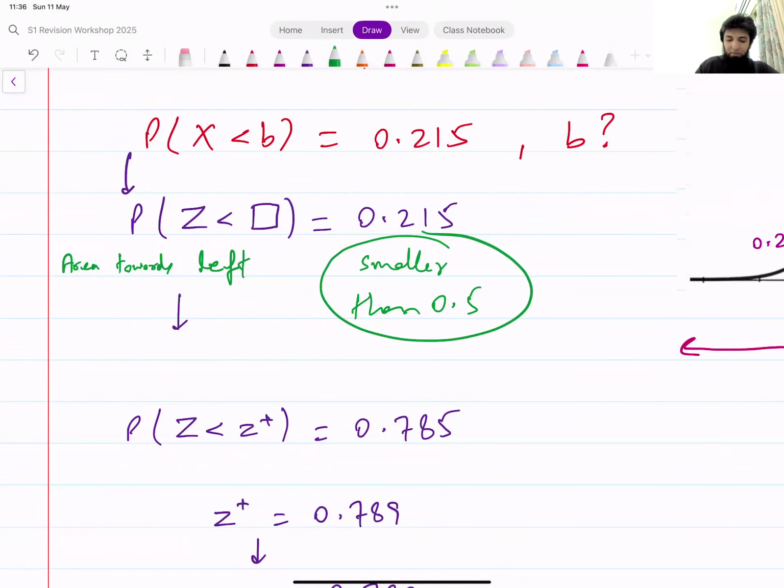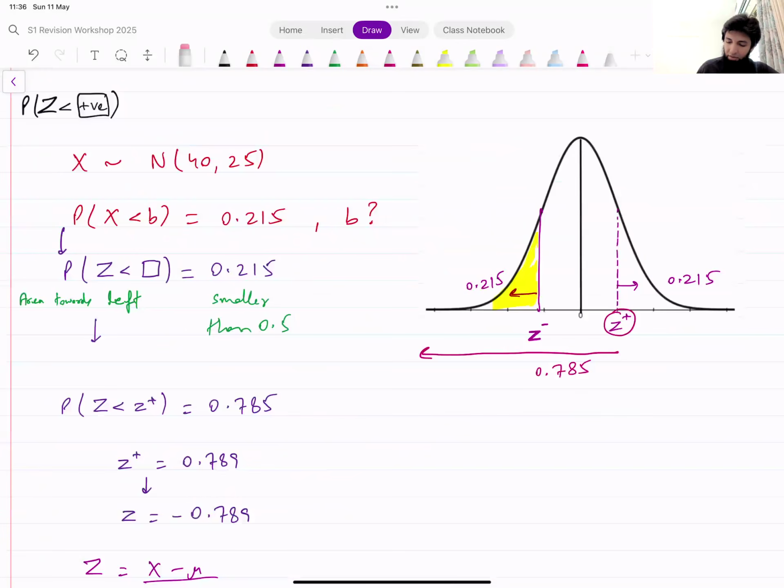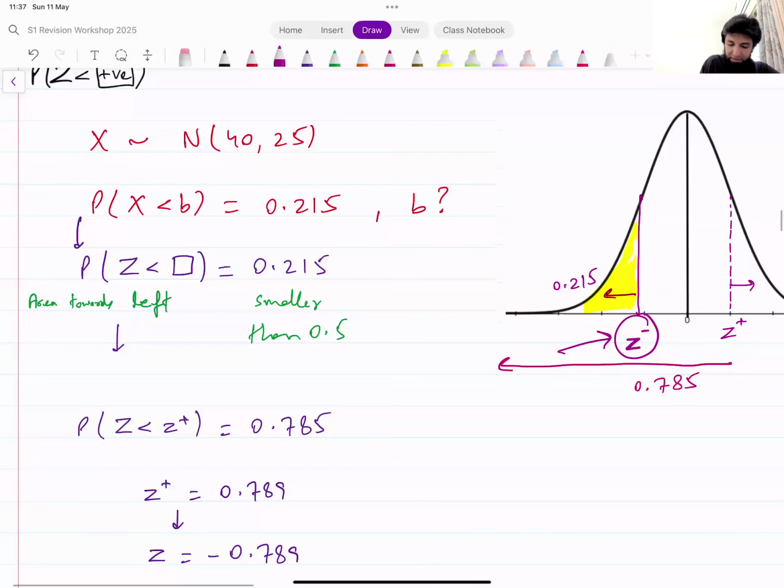is smaller. So where should Z be? Z should be on the negative side. That's where Z should be. This is where Z is going to be. It's going to be on the negative side because that will make sure that the area on the left side is smaller. So that means Z is a negative number here. If Z is a negative number,